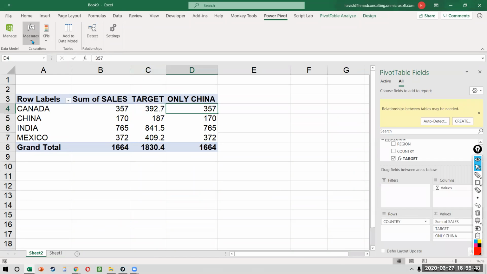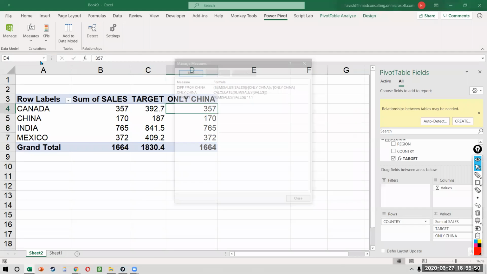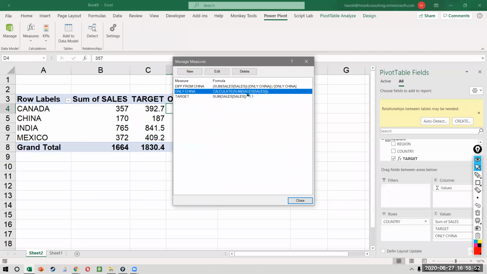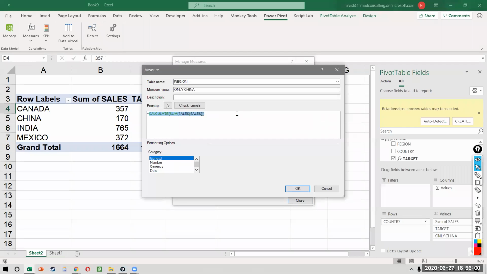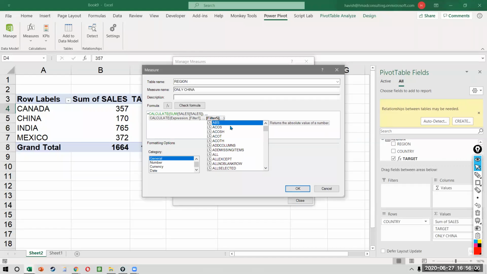And if you say, Havish, what's the point of creating a measure that is calculating sum of sales? Because the sum of sales is the same as sum of sales. What is the point of writing a calculate function? The reason is that when you write a calculate function, I can then add multiple filters to it. So do you see every time I put a comma, I can add more filters? What is the first filter?